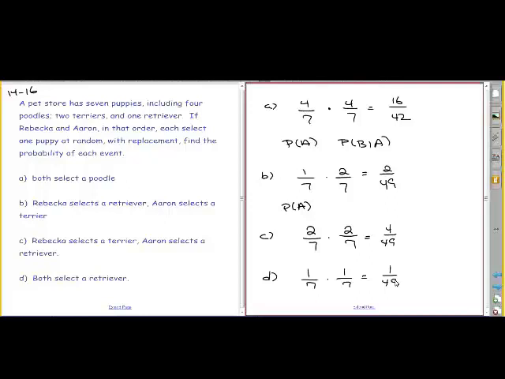So that's how you use conditional probability in multi-step events. And the key thing is whether you're replacing something or not replacing something. I typically put a problem like this on the test, so make sure you understand what I'm doing. I think there's another problem in the book that's like this for homework, but